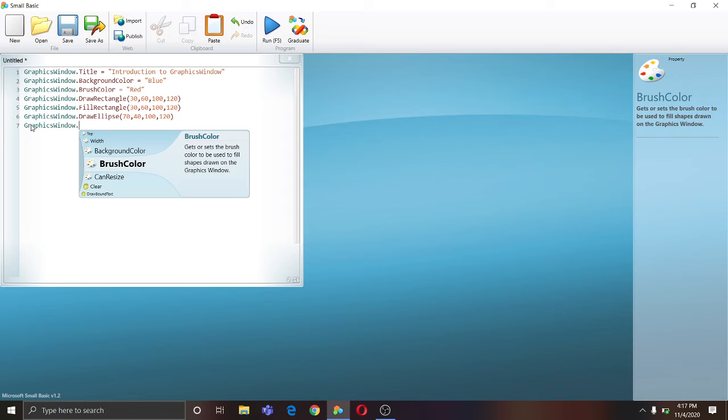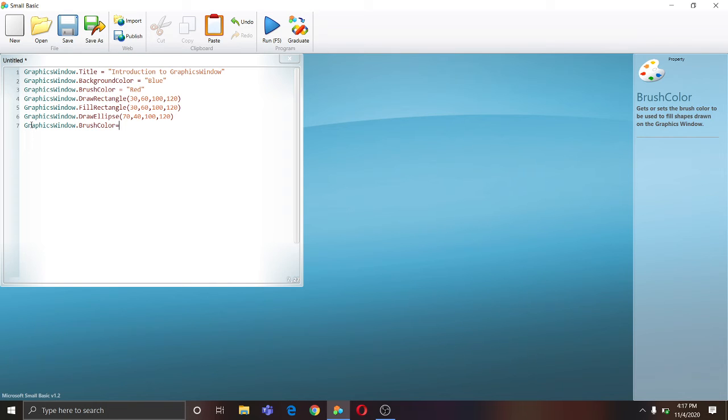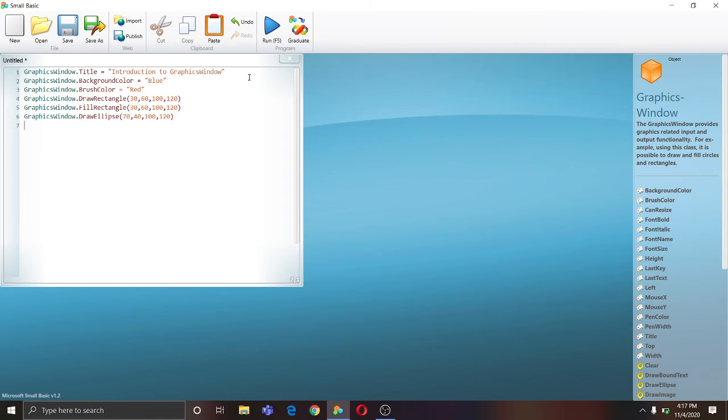First, now I'll change the brush color. I'll just copy this and cut this before the draw ellipse. It doesn't matter where I place the brush color, above or below this. Brush color equals yellow.